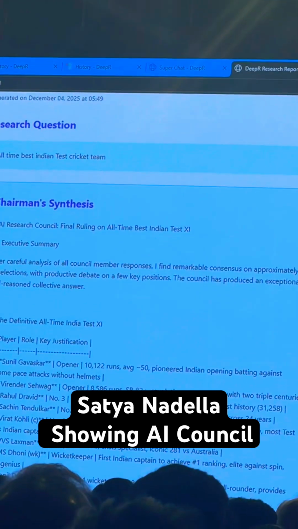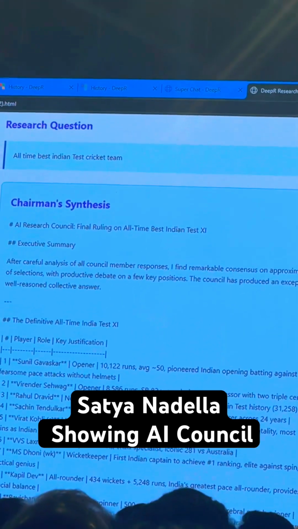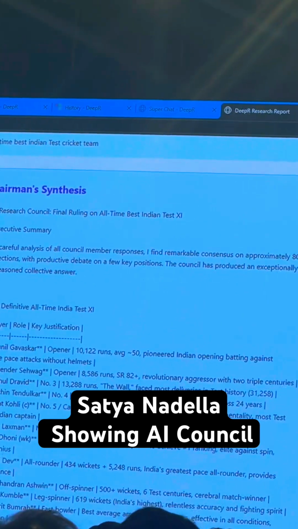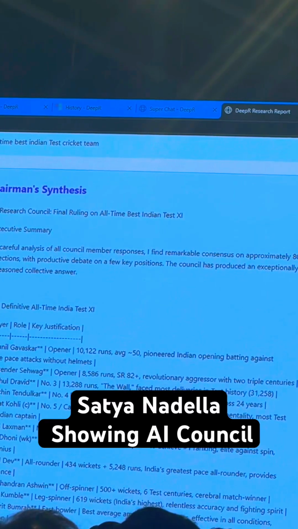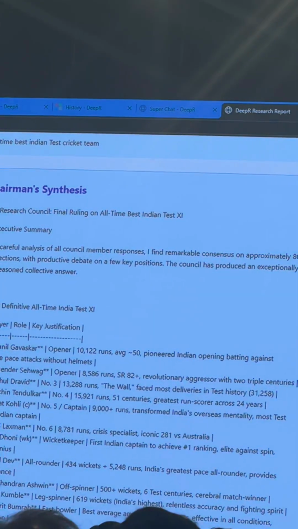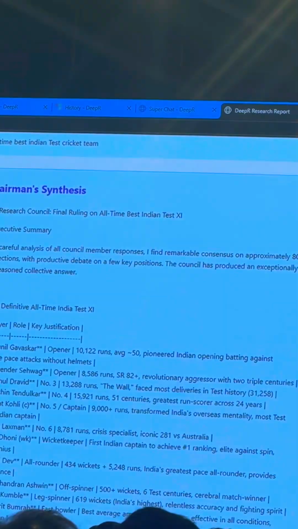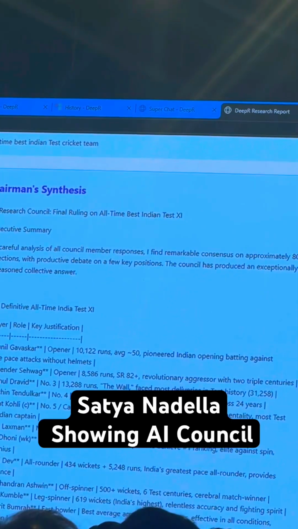So this is the chairman's synthesis. So this is the AI council. It came back and it says, you know what, I figured out all of the... Sunil opens, Sehwag opens with him, Dravid makes it obviously, and what have you. But look at this, areas of